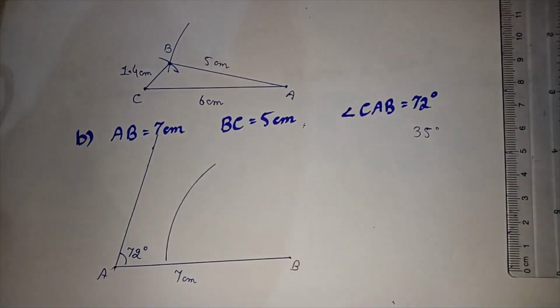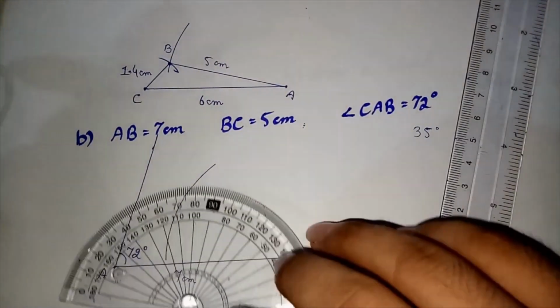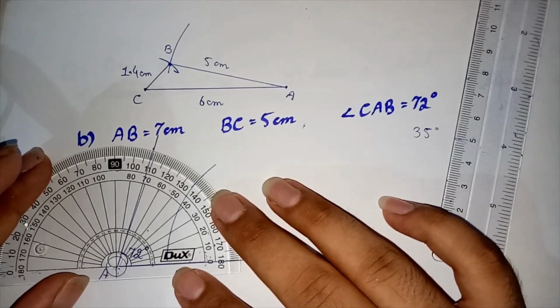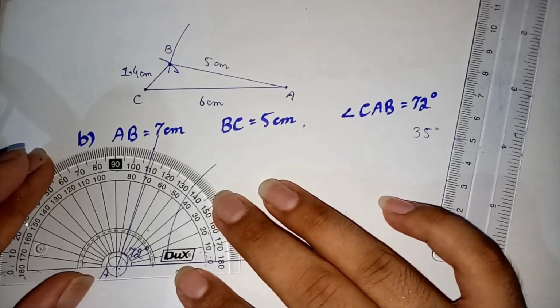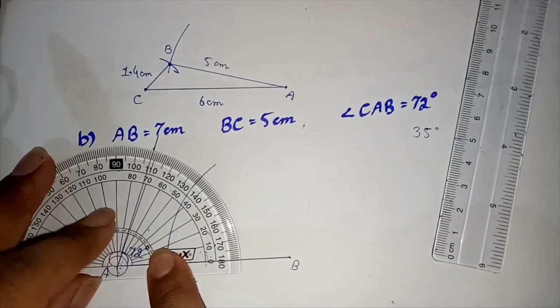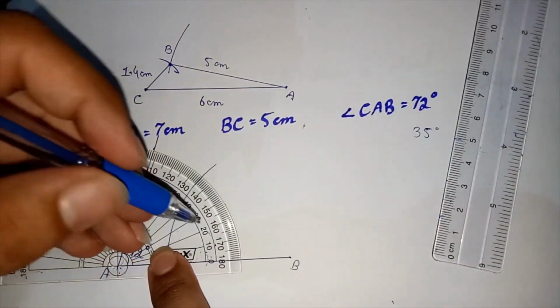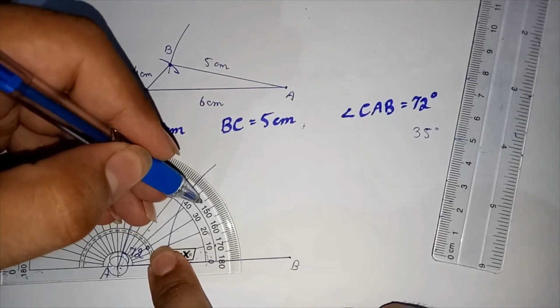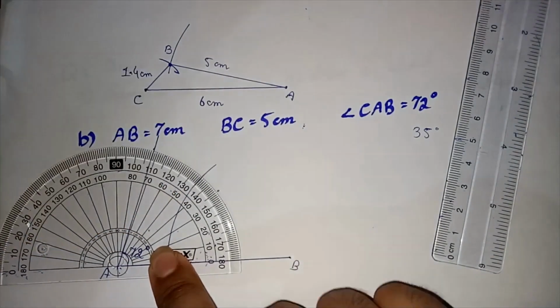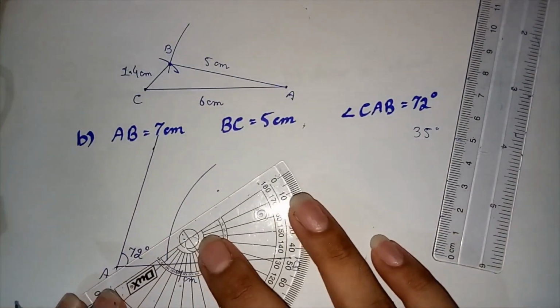Now if we have 35 degrees on A, we can construct a triangle. How? Let's see. Here we have... put it on here, okay. Now we have to construct an angle of 35 degrees. Here we have 30, here we have 35, this one, okay. Now we have to join these points